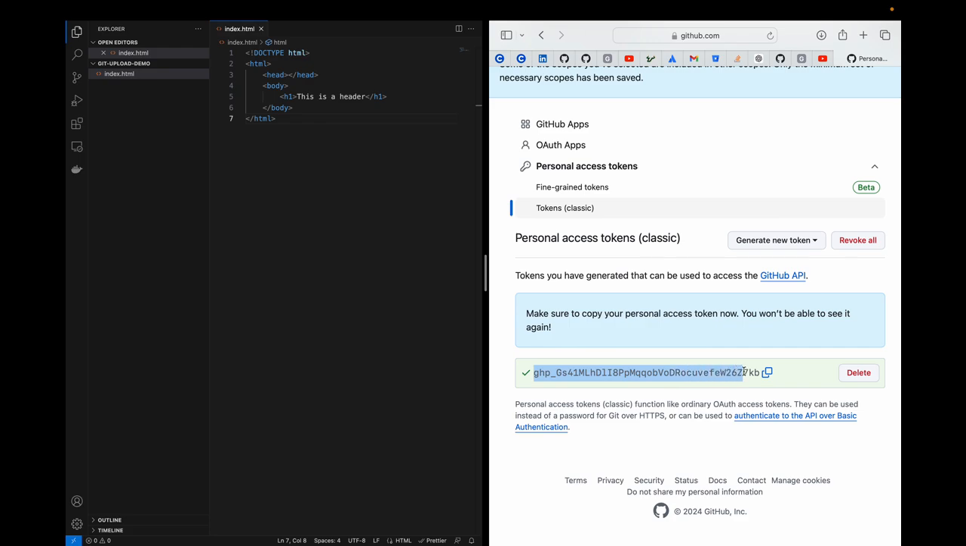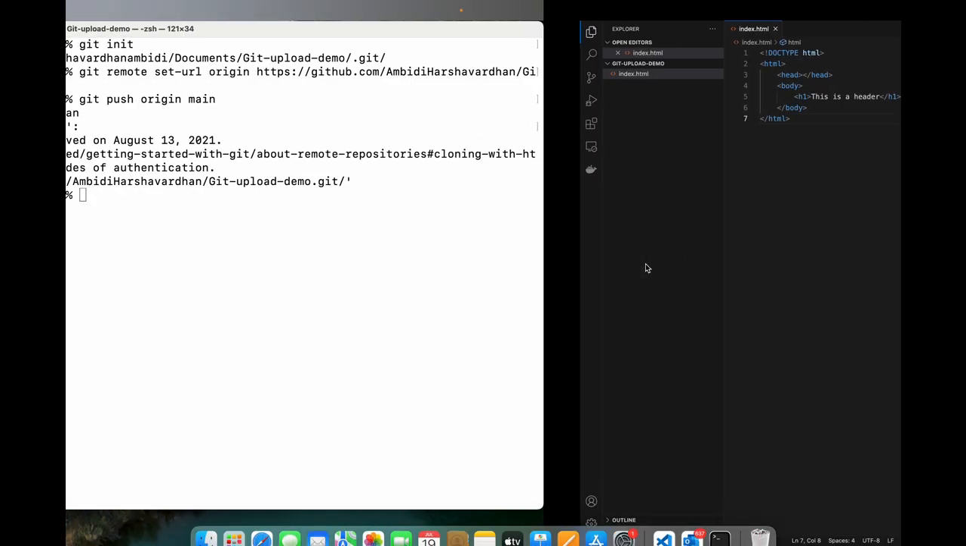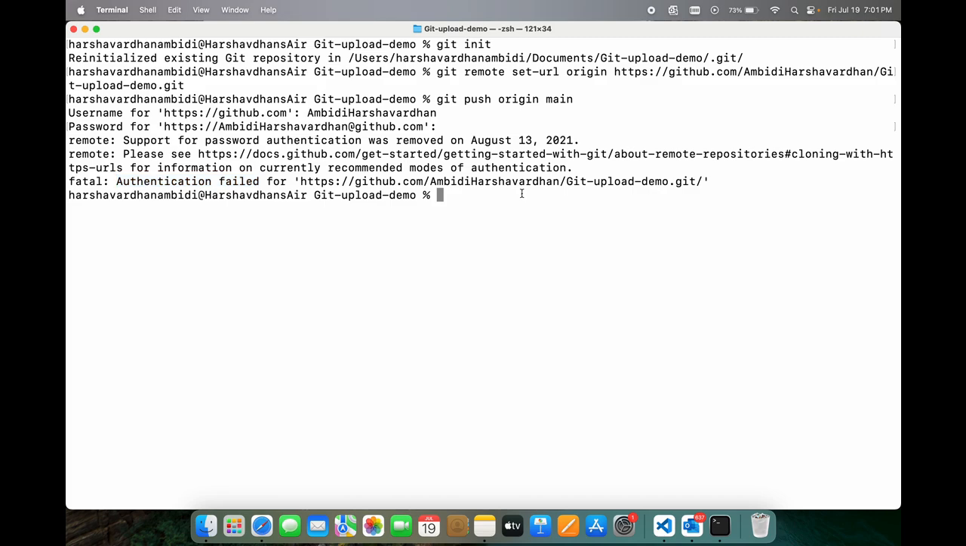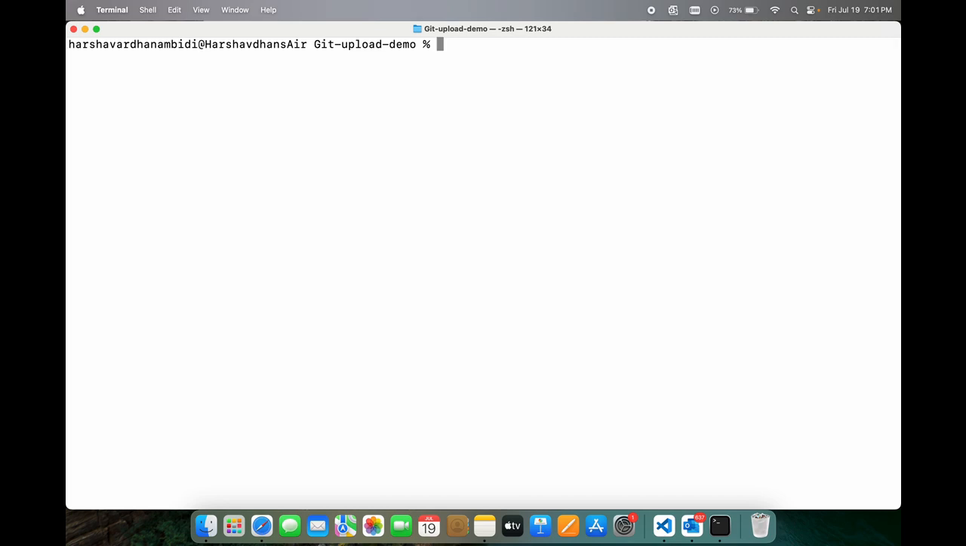So this token can be used in order to link up your project with your GitHub repository using the command line interface. Let's copy this token and go to the terminal. Here, let's go with the command again. Initially, I'll clear everything and then the URL goes like this: git remote set-url origin https:// the token that you have copied just now